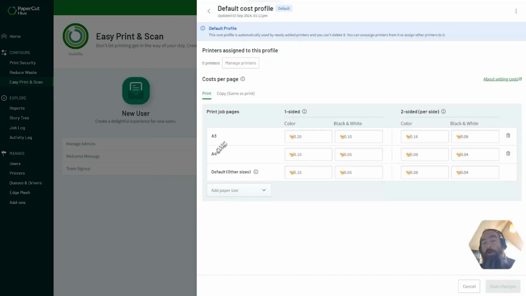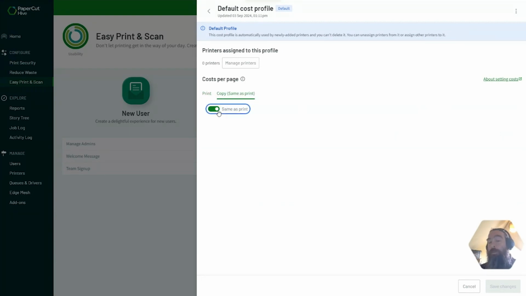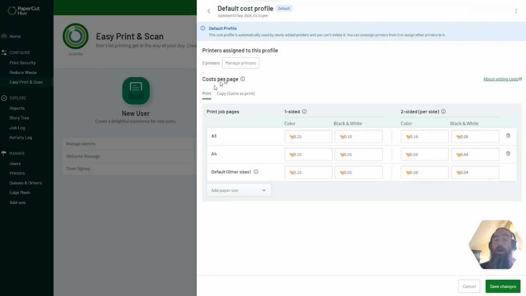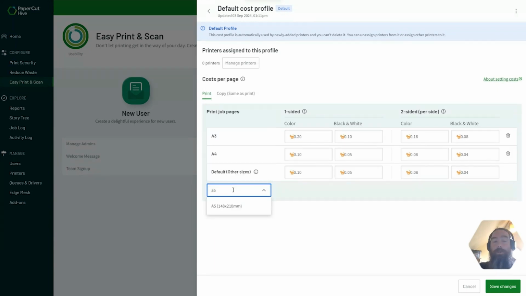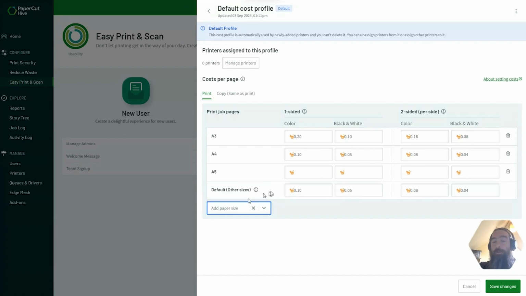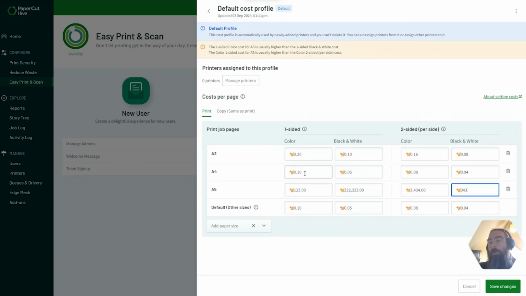So this at the moment is just doing A4 and A3. So any other paper size will be charged at default. We can change and have set different costs per copy if you wish. And if we had other paper sizes we need to support, so I did see a question in the Q&A, if we want to add costs for A5, we can do so, whatever these costs may be. I don't want people to print A5, I'm trying to discourage them. So we save our costs,